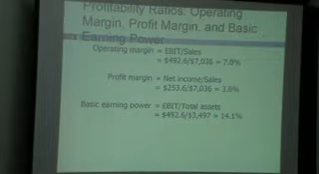Profit margin, that is net income divided by sales. So net income is 253.6 divided by 7,036, which is the sales. It is 3.6%. So you can say that whatever sales you are generating,